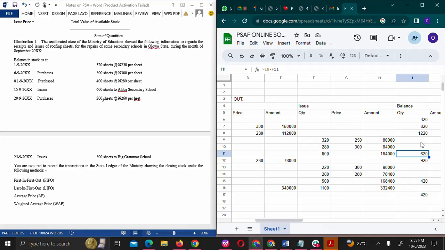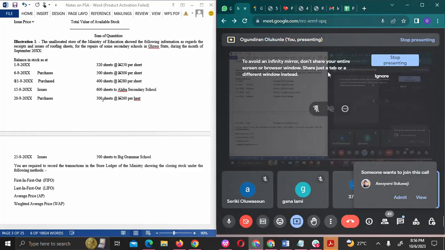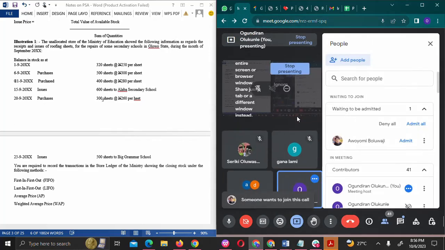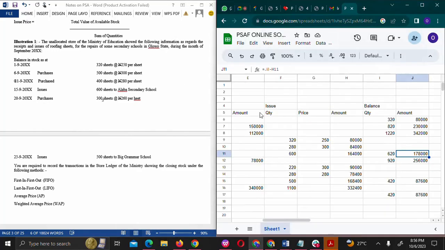So to get the balance, what I did was just to deduct the amount I issued from the previous balance. So I did 1220 minus 600, and I did 342,000 minus 178,000. Are we on the same page, please? So you have 920 and